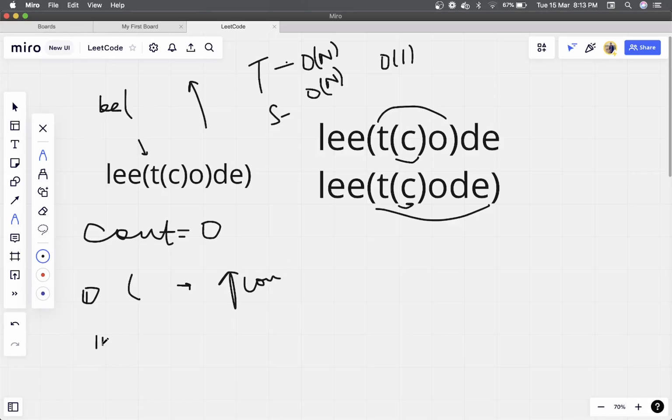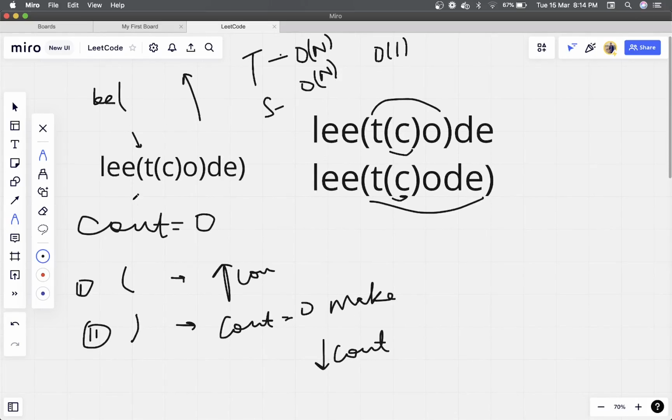When we get a closing parenthesis, again two cases arise. First, if count is 0, make it a special character. And if count is greater than 0, we decrease the count.